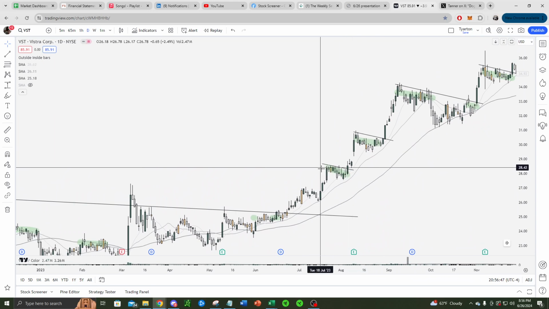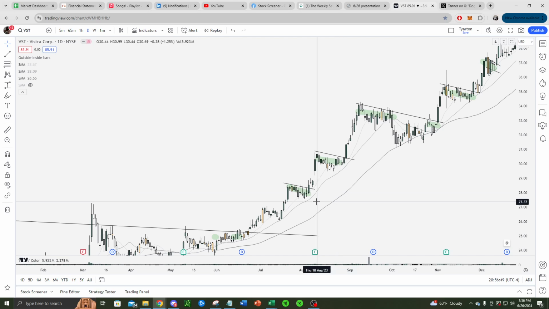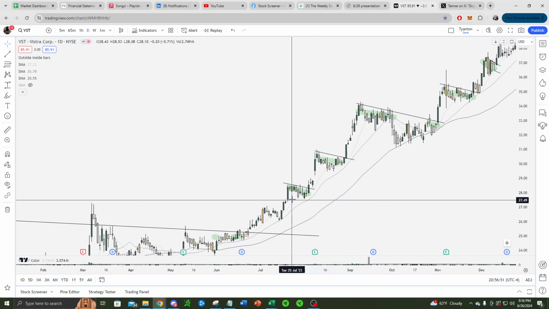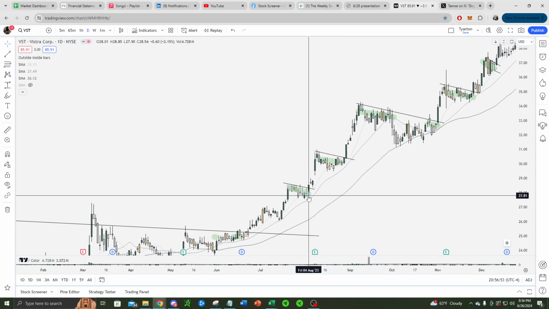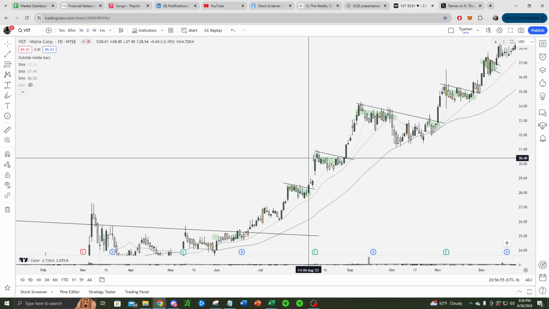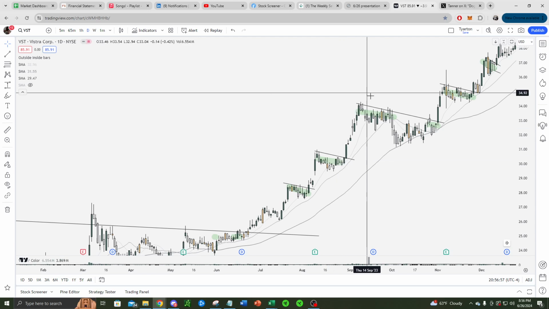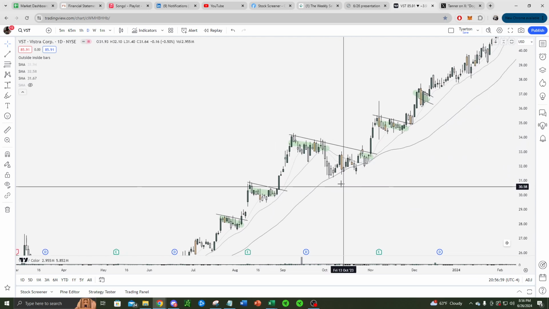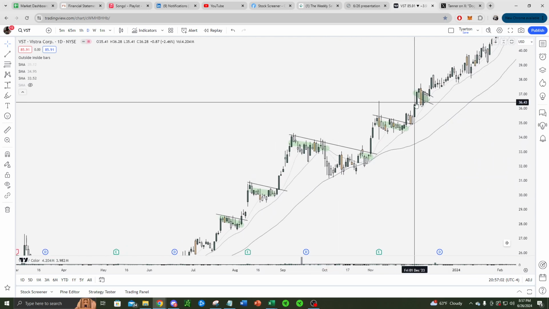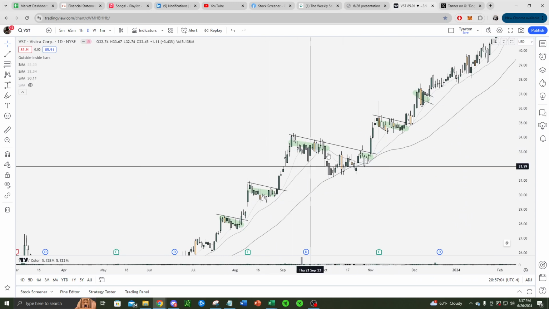You flag into the 10, nice and tight. I don't think this is August 2023. I don't think I can get the hourly back that far, but nice and tight on the daily, breaks out. Immediately right into another one, high and tight, breaks out. Immediately into another one. So buying these, I have no problem either holding through these or continuing to buy this